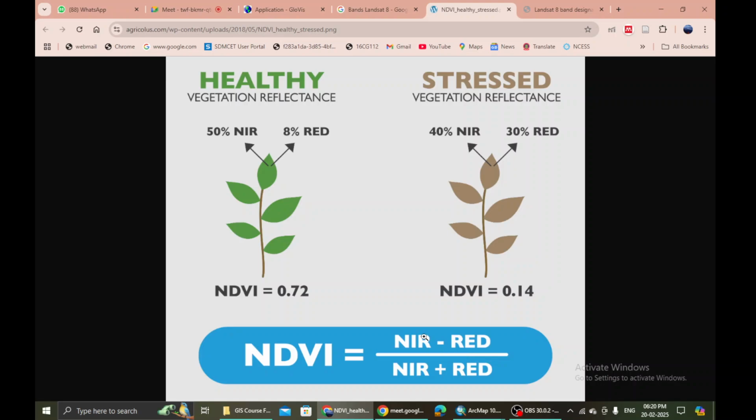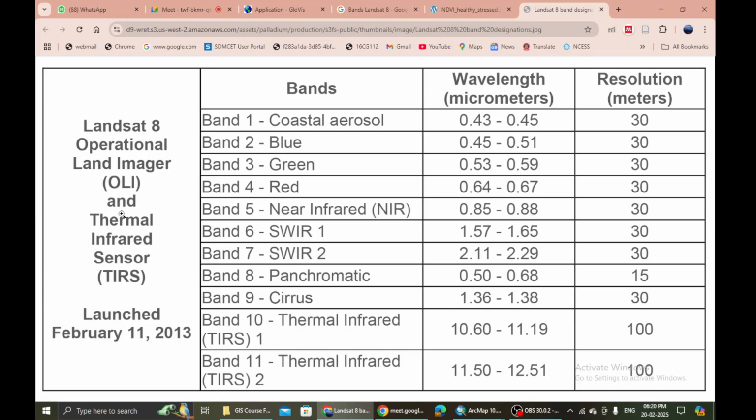So any satellite data that we take, whether we take Landsat 8 or Landsat 9 or Landsat 7, or maybe a list for that data that we have downloaded earlier, Sentinel also you take, or any kind of data that you take, it has to have these two bands, that is near infrared and red. Coming back to our Landsat data, we have red band and near infrared band as well in Landsat 8. Our near infrared band is band 5 and our red band is band 4, right?